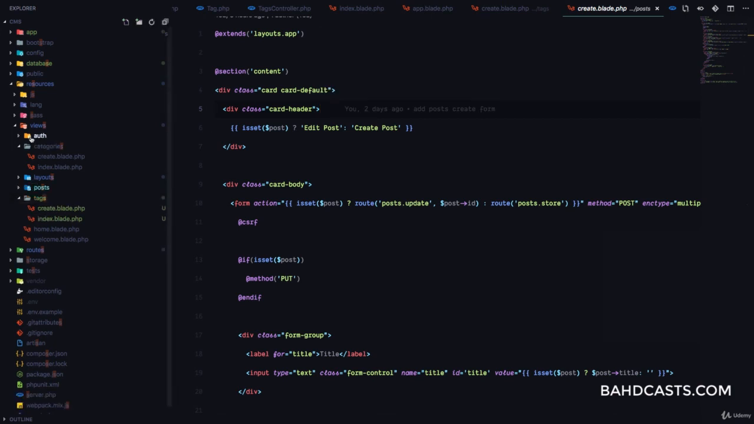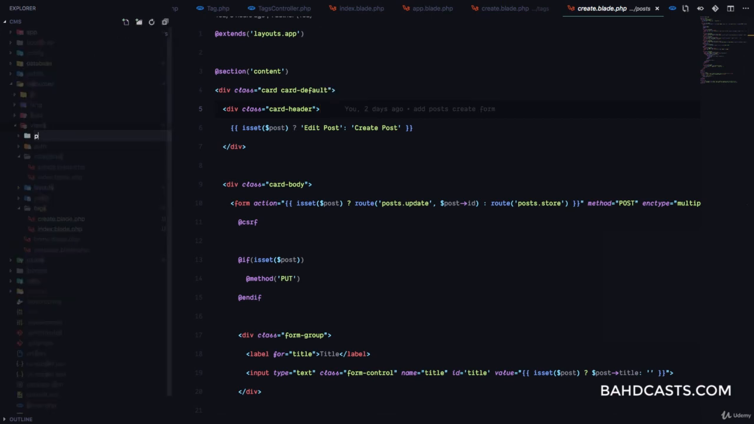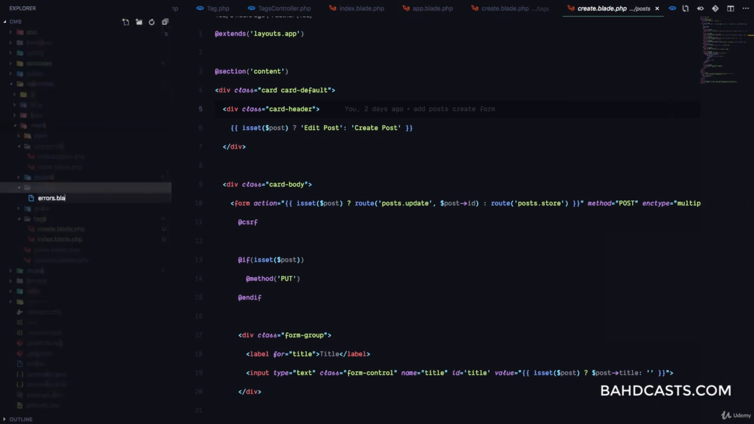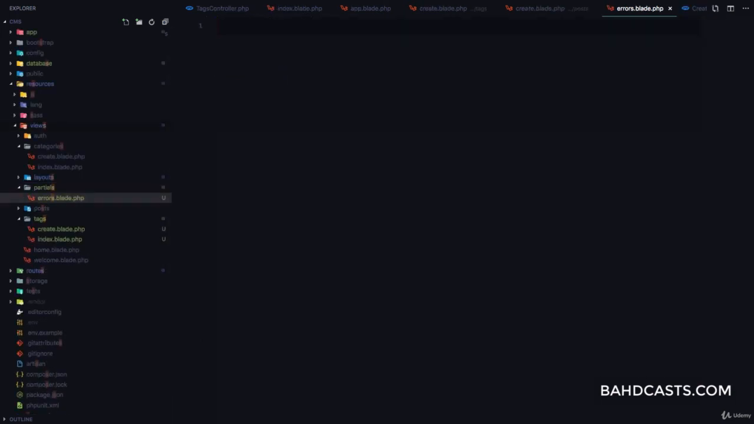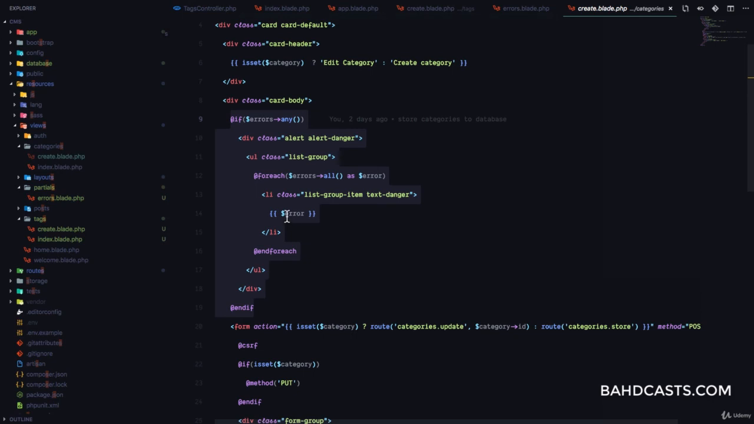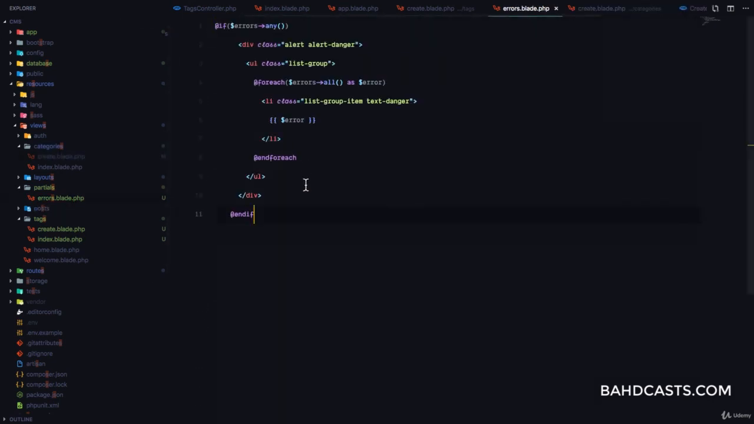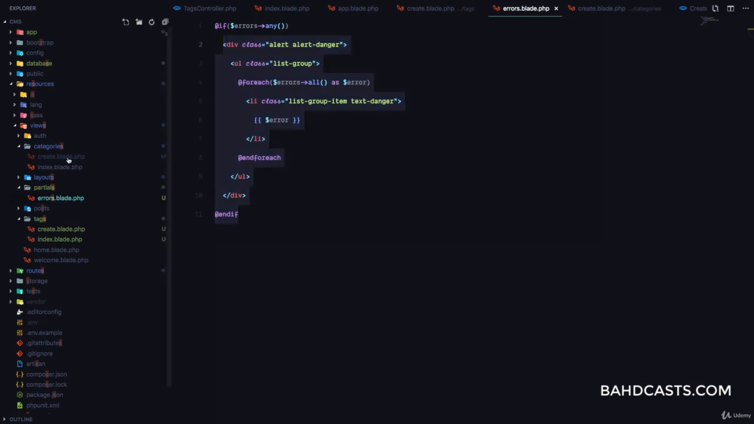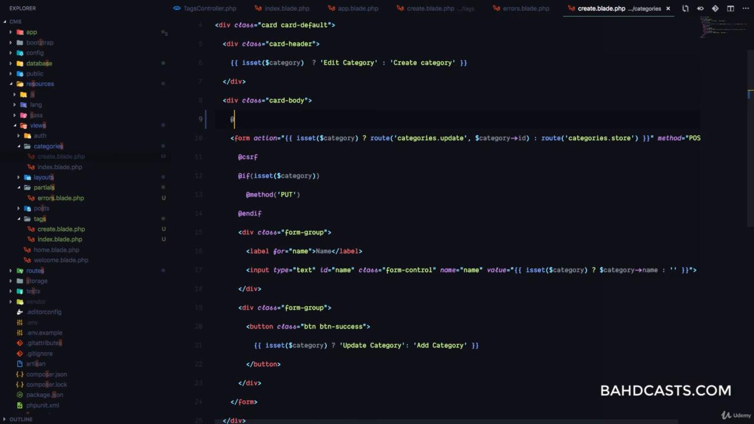What we could do is we could create what is called a partial. So I'm just going to create a partials folder. And in here, I'm just going to add errors.blade.php and think of partials as bits of reusable piece of code. So I'm just going to cut this out, this error block, and then in the partials, I'll paste it in. Okay, so that's my partial. All I need to do is include this partial everywhere I need it. So I'm just going to add include